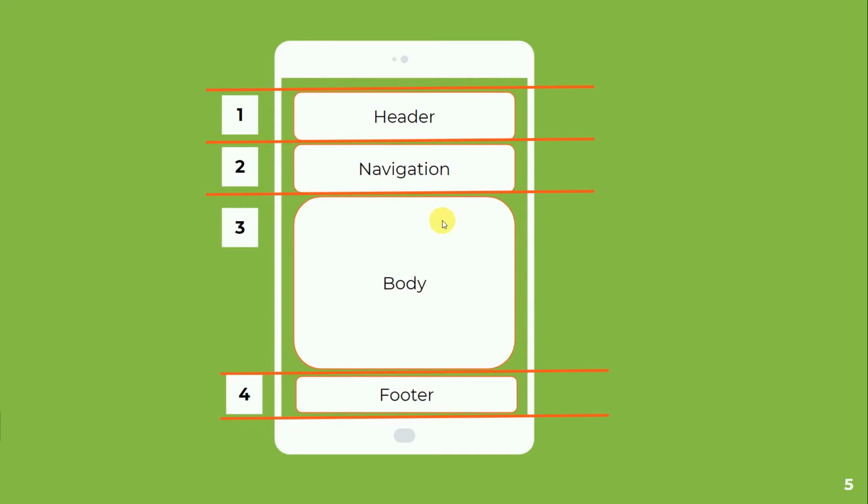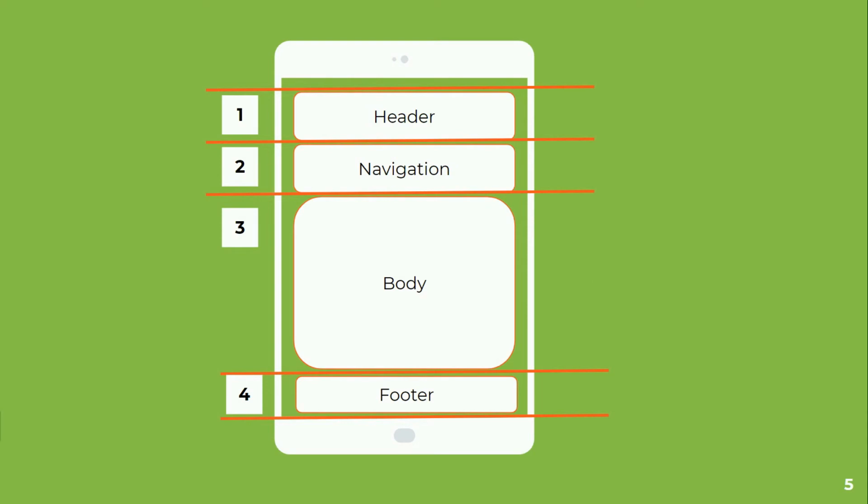So basically our focus area for a mobile device is how we can arrange the content in different rows. Here you can see that in CSS grid also we are going to arrange the header, navigation, body and footer with respect to their rows. I have given a row number here: in the first row we are going to display the header, in the second row we have to display the navigation, third will be the body and the footer. So we are going to design the layout based on this requirement. So let's start creating this demo.